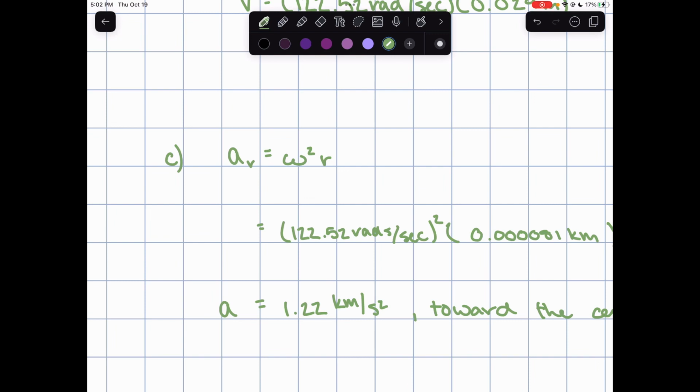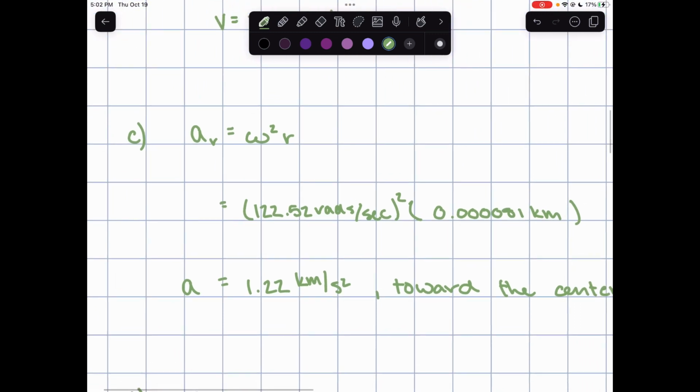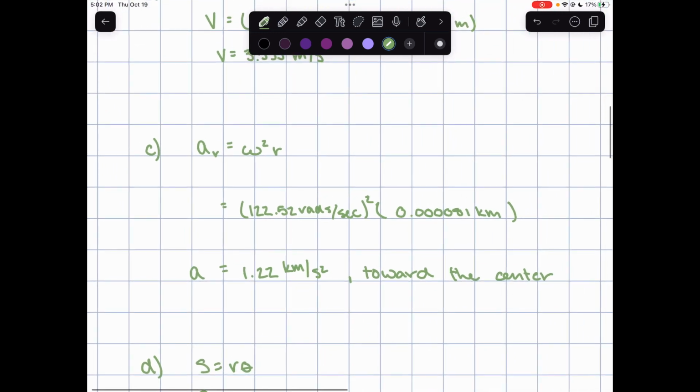So we have radial acceleration equals angular velocity squared times r. Now we found our angular velocity already, but how do we find the radius? Well, we're given the radius of the disk and we know the point is at the edge of the disk. The only thing we do from there is convert 8.1 centimeters into kilometers, which is